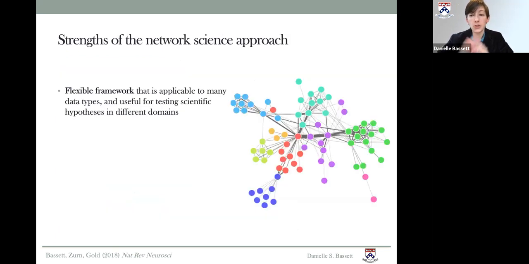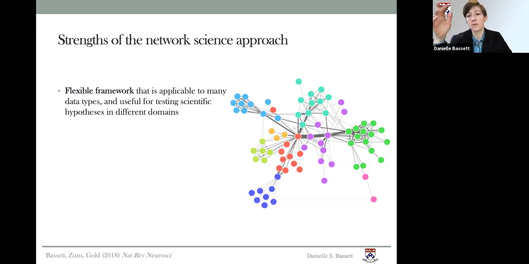Now, assuming that all of those modeling assumptions are valid in your particular case, then I think the network science approach has a lot of strengths that are particularly useful in understanding the mind and its biological organism, the brain. So the first is that it's a very flexible framework that's applicable to many different data types. And in neuroscience, we have many different data types trying to understand this one system. And it's also useful for testing scientific hypotheses in very different domains, from low scale genetic information up through large